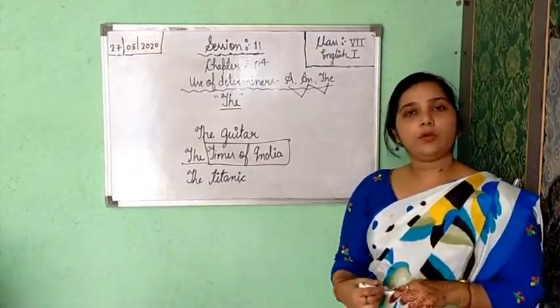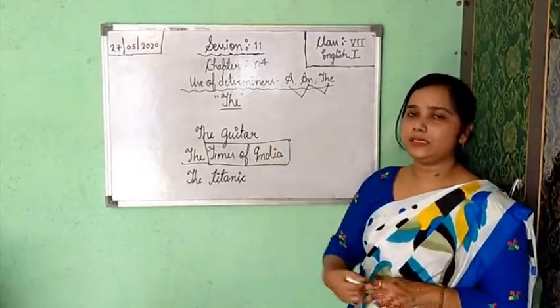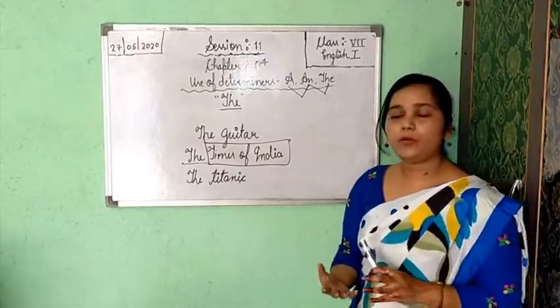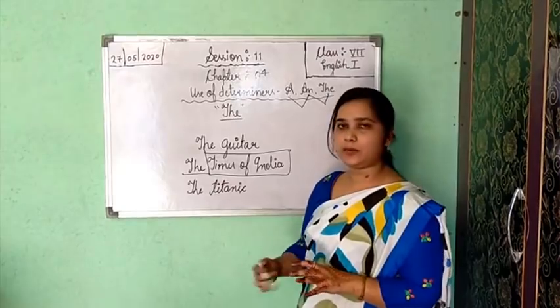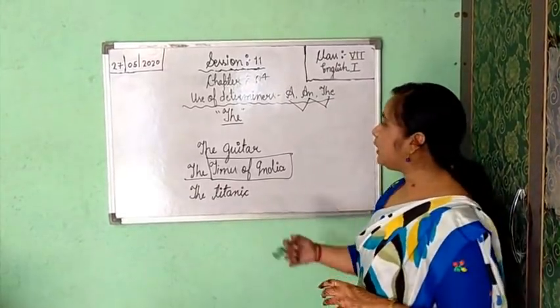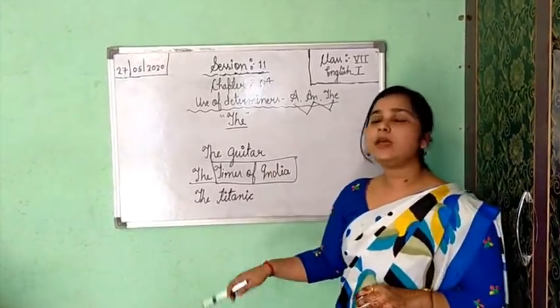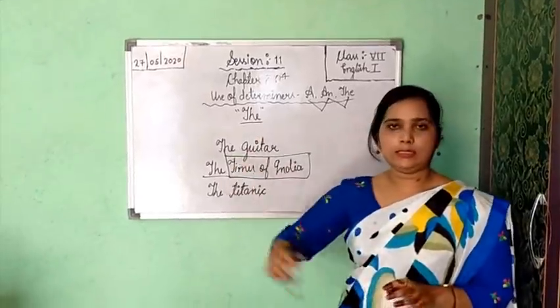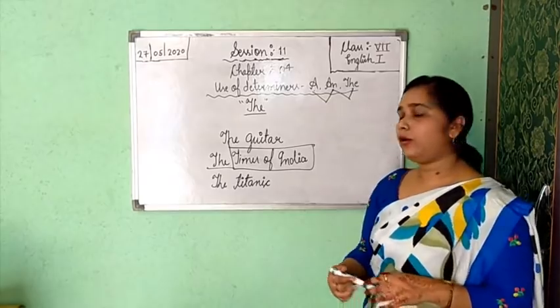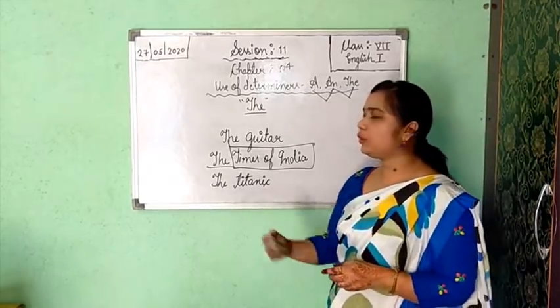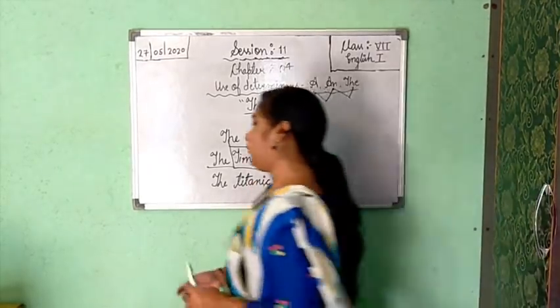Next, before the name of a newspaper we have to use "the". Before the names of any ships or trains we have to use the determiner "the". Or before the names of musical instruments too we have to use "the". Before the name of any river we have to use "the". The next thing,